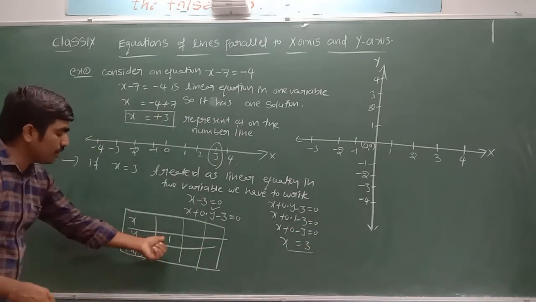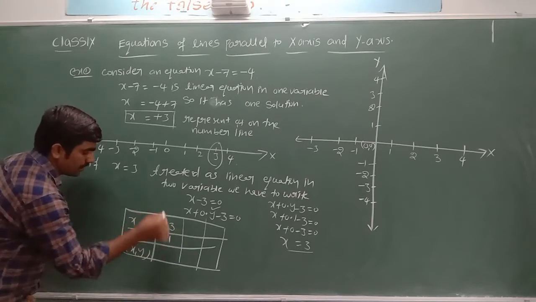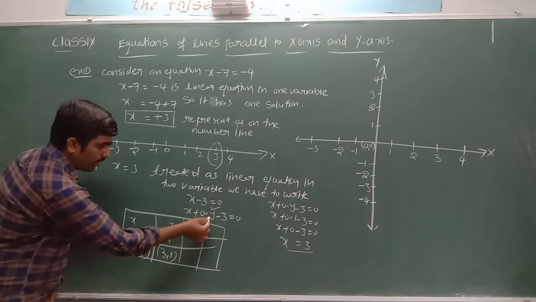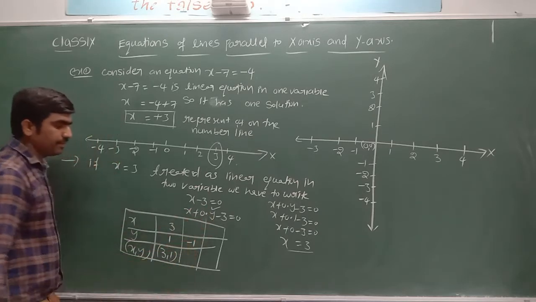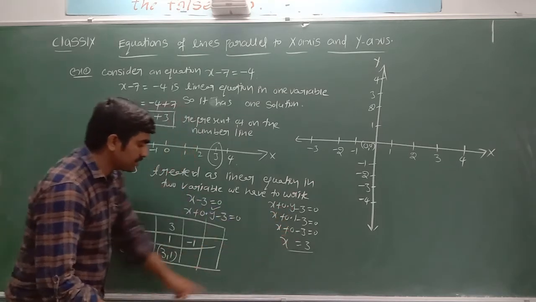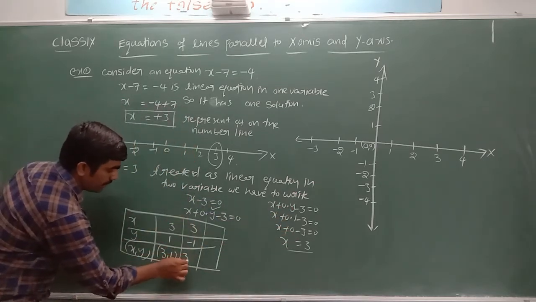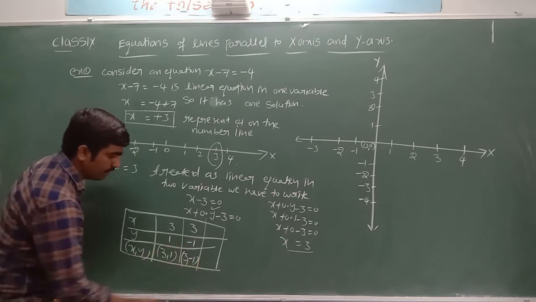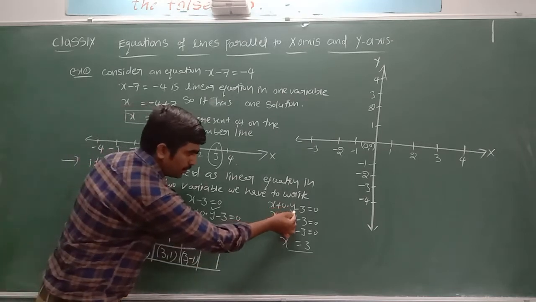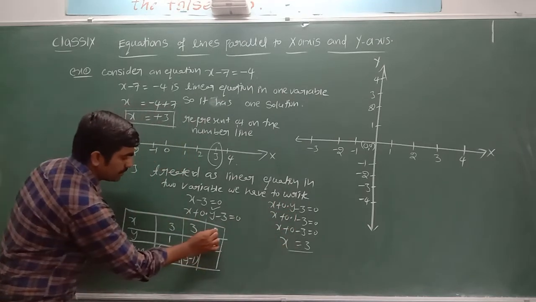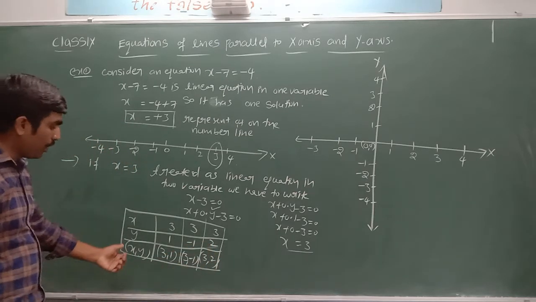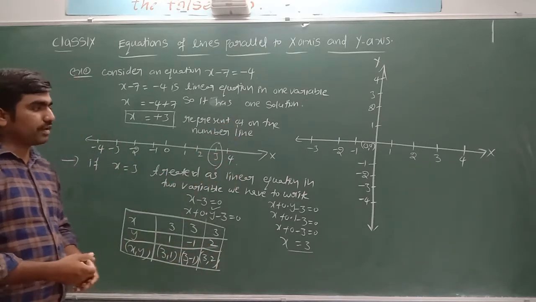Yes, x is equal to 3, transposing the minus 3 to plus 3. So when I take y is equal to 1, x is equal to how much? 3. The ordered pair is 3 comma 1. Now let me take y is equal to minus 1. Substituting here, 0 into minus 1 is 0 only. Again it gives the same x value 3. The ordered pair is 3 comma minus 1. Now let me take y is equal to 2, 0 into 2 is 0 only. Then we get the same x value 3. We can write 3 comma 2. Now we try to plot these ordered pairs on a graph.